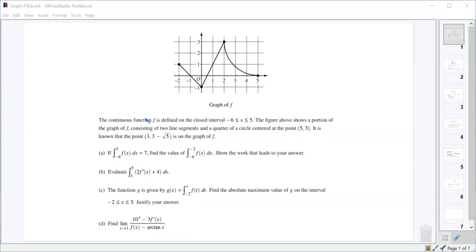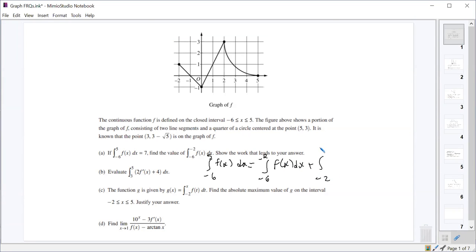So for part A, they're first off telling us that the integral from -6 to 5 of this function is 7. We want to find the integral from -6 to -2. So we should be able to set that up as the integral from -6 to 5 of f of x dx should equal the integral from -6 to -2 of f of x dx plus the